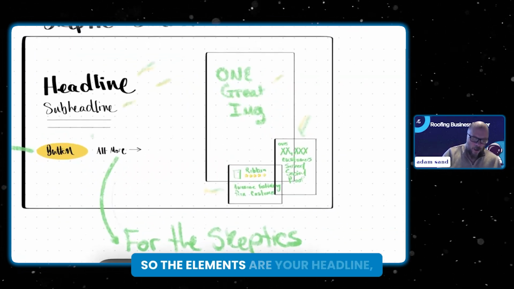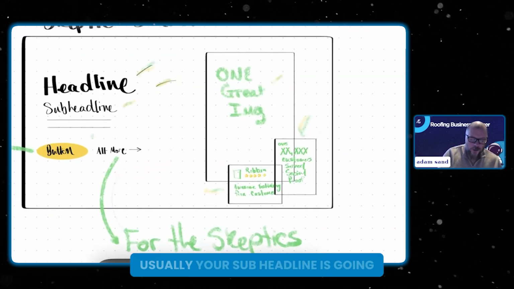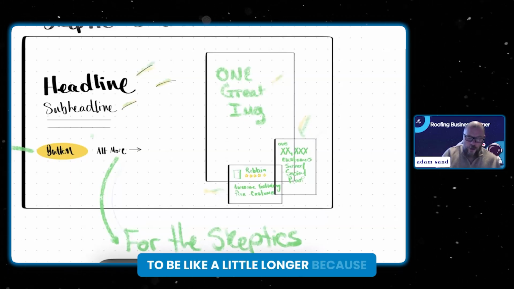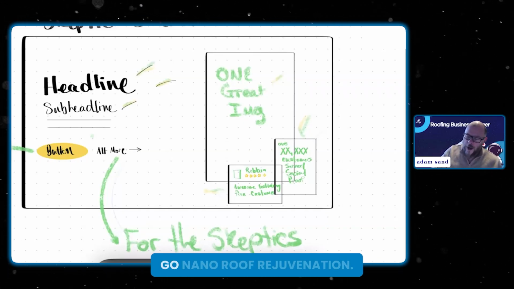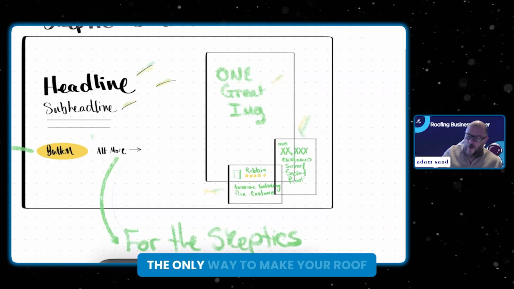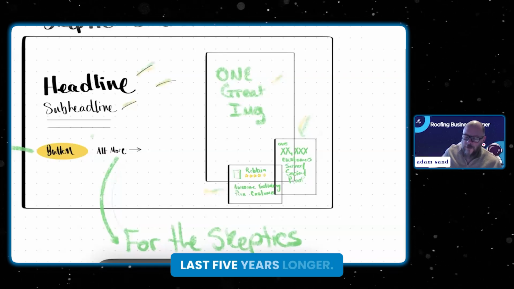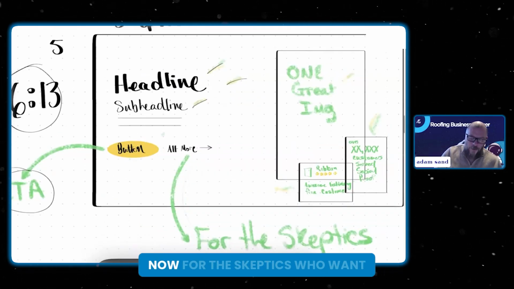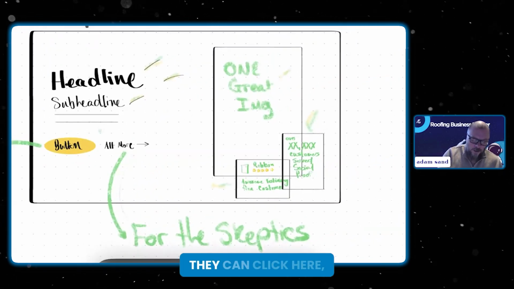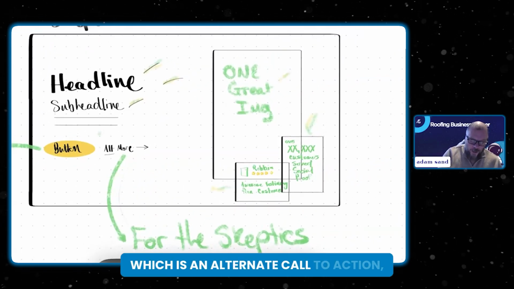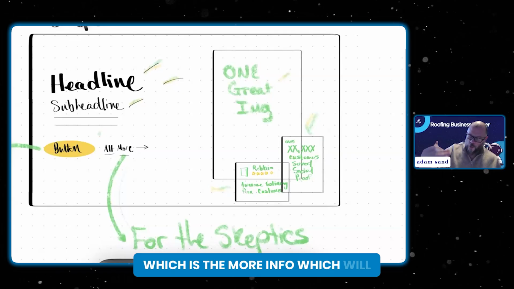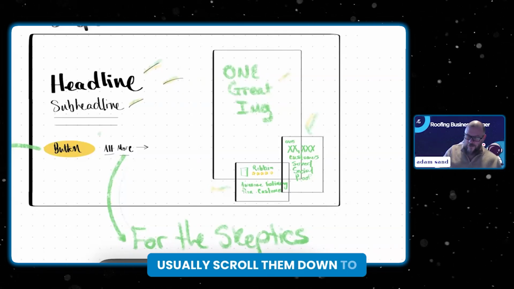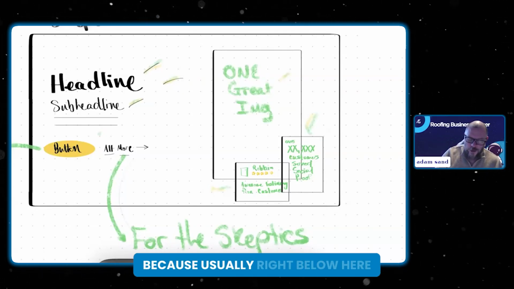So the elements are your headline, your subheadline. Usually your subheadline is going to be a little longer because you're going to say something like, Go Nano Roof Rejuvenation. The only way to make your roof last 5 years longer, guaranteed. Then you're going to have a button, which is your call to action. Now, for the skeptics who want to learn more, they can click here, which is an alternate call to action, which is the more info, which will usually scroll them down to something that has more information,